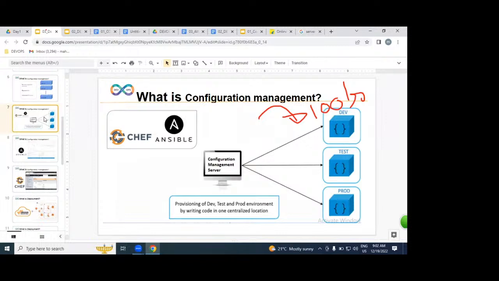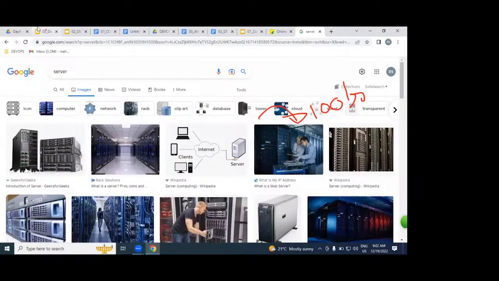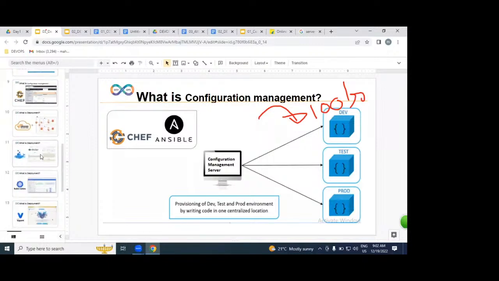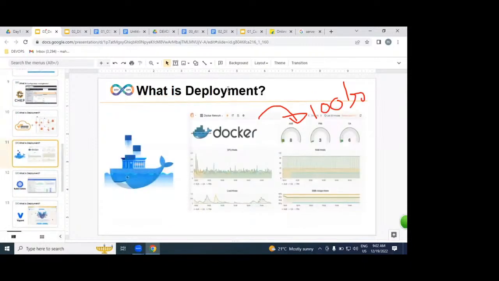Application, what is an application? First question is that only. I've shown you only one server, but right now 100 servers. But where exactly are we getting the servers from? AWS. That is the point. Fine. But are we deploying our applications on only AWS servers? No. We can deploy our applications on Docker also. We can deploy our applications on a Docker container.